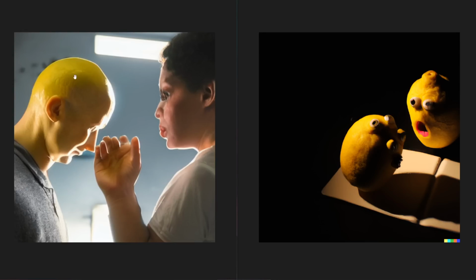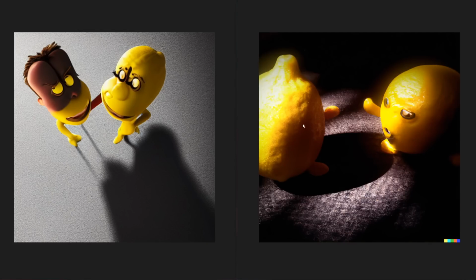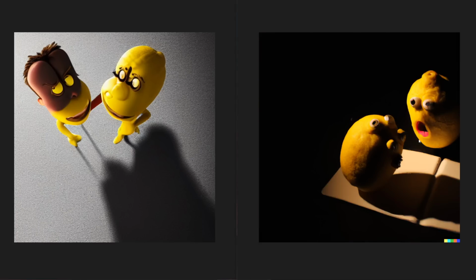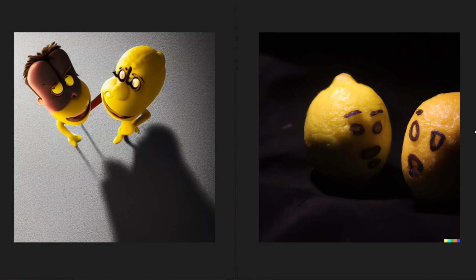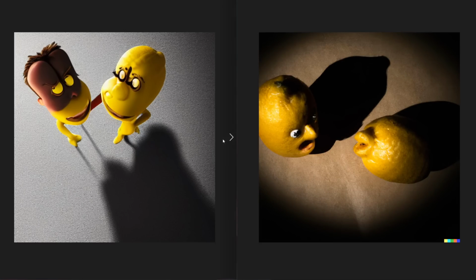Stable Diffusion, I mean, we could definitely see some lemon aspects of this guy, and they're both characters, but this person's not lemon. There's definitely the harsh lighting and the dramatic angle and all of that. But I think Dall-E 2 won in this image at least, but we can look at a few others, and this one is a little bit more interesting. I think these are definitely two lemon characters. I think pretty much every aspect of the prompt is here with Stable Diffusion. Here's the second image for Dall-E 2, very similar to the first one. All of these Dall-E 2 images are actually very, very similar, just photos of lemon characters arguing.